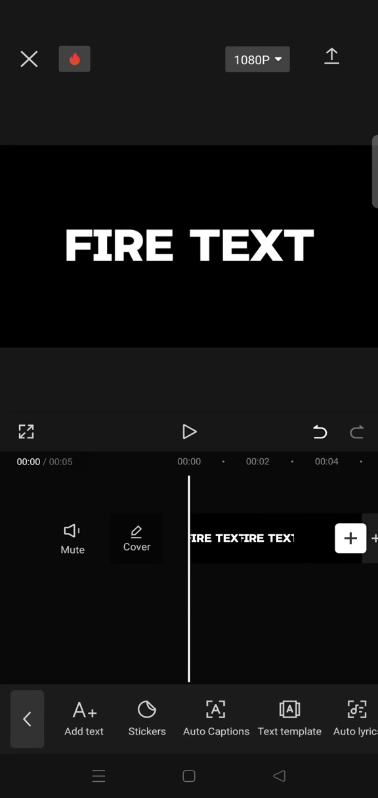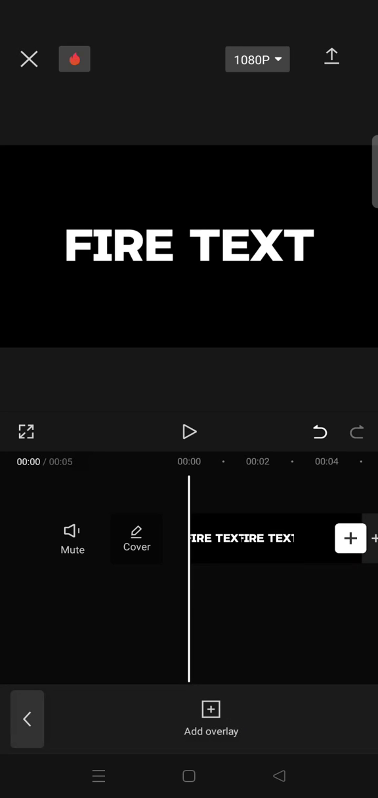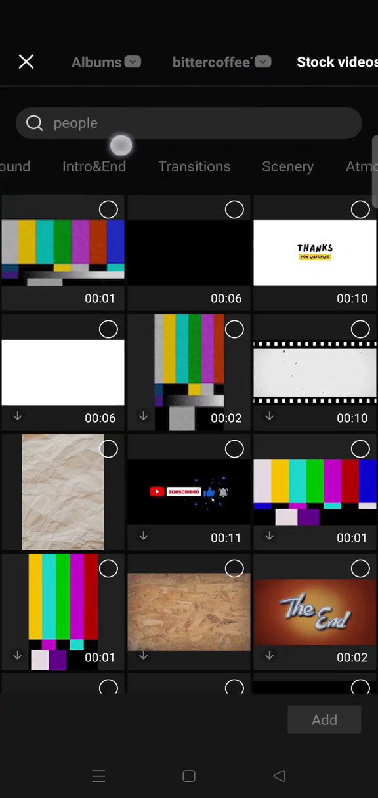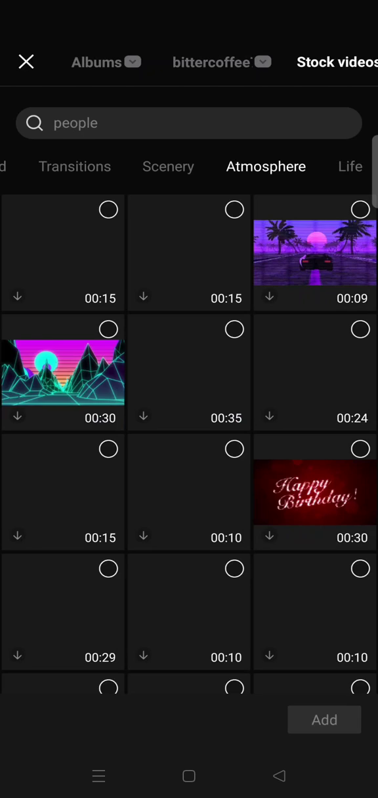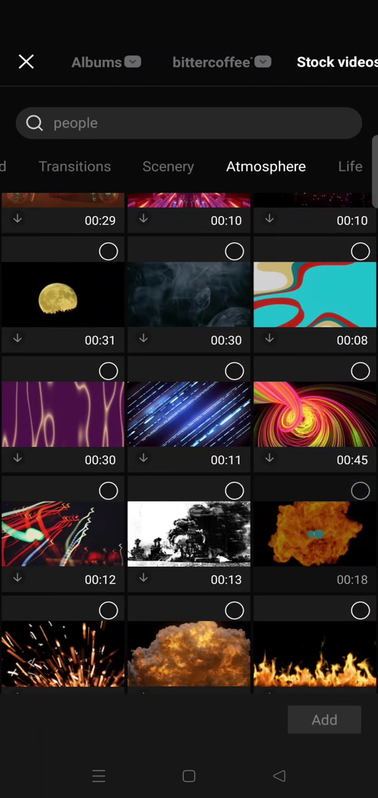Okay, so after this, you just need to add a fire video that you can easily find in the stock video and add it as overlay. Okay, find it under the atmosphere category. You can just choose the one you like. I'm going to use this one. Click on the video